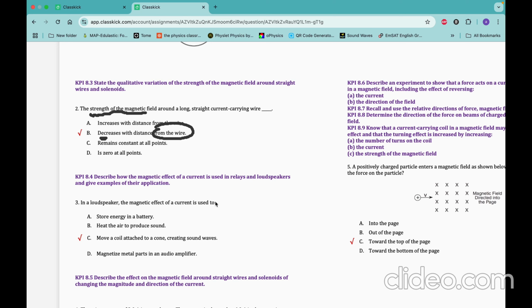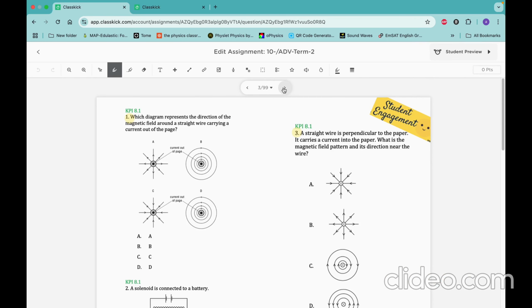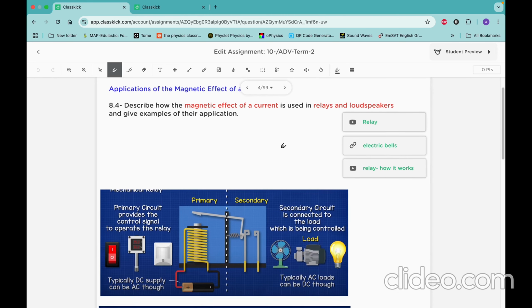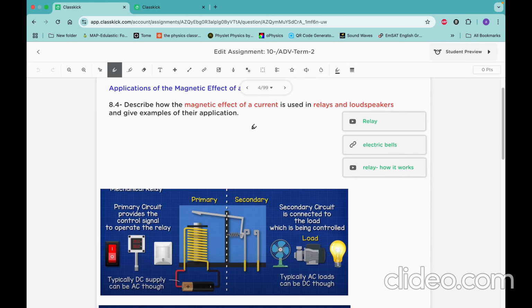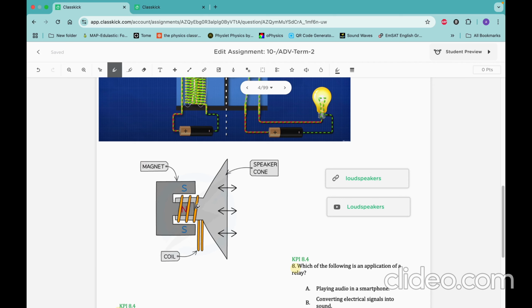In the loudspeaker, the magnetic effect of current is used to... How is the speaker related to this concept? Mainly the real-life applications related to a magnetic field created around a current-carrying wire. We have the relay and the loudspeaker. As we can see here, this is a magnet. It's an E-shaped magnet,